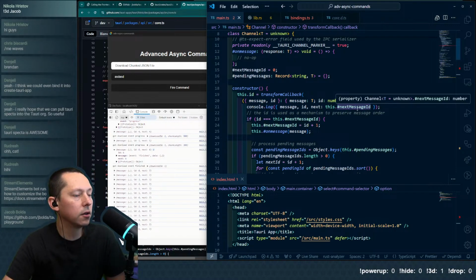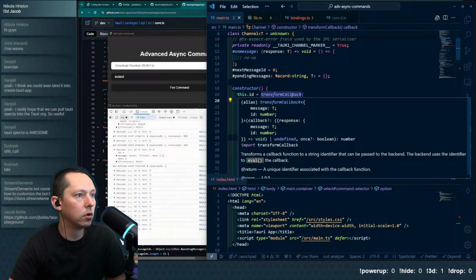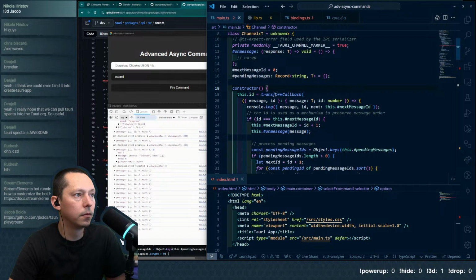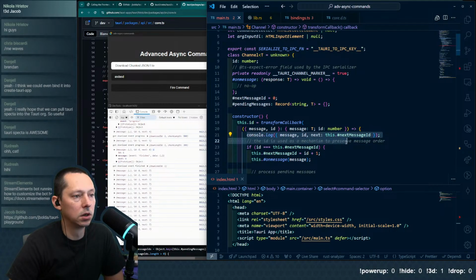I think the thing to remember is that we have a callback, which is a message and an ID. The ID is the handler, like the transform callback ends up basically generating an ID. So for this specific channel, we have an ID.